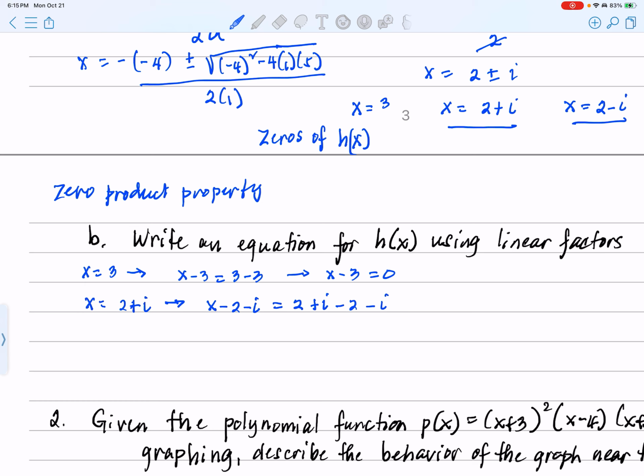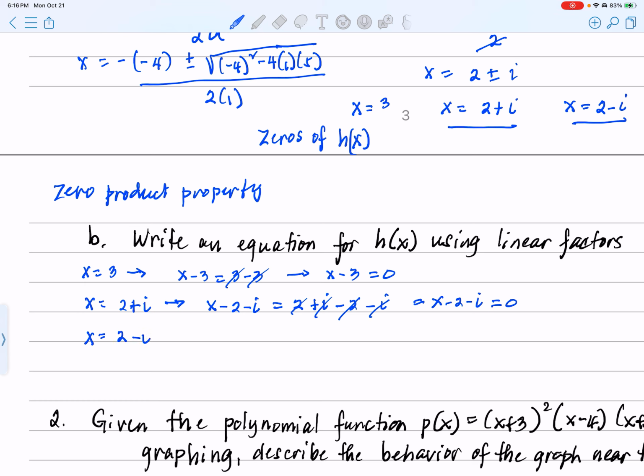So this will be 2 minus 2, i minus i, that will become 0. So in other words, x minus 2 minus i is equal to 0. Okay. For the third one,